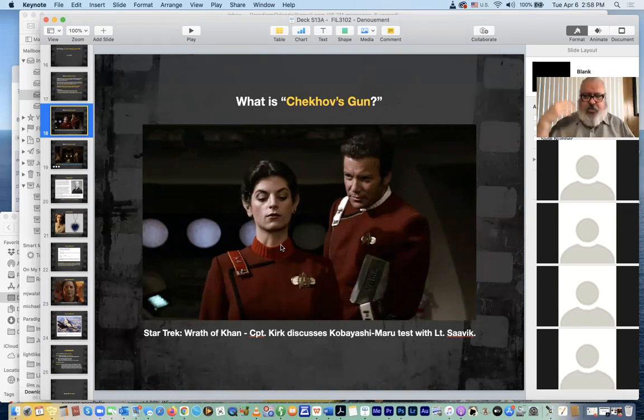And it finds itself recurring over and over in this story until the ultimate climax of the film, where we learn that there's one aspect of the Kobayashi Maru test that nobody took into account, and that was the possibility that someone might be inclined to cheat in order to sway the results of the test in their favor.